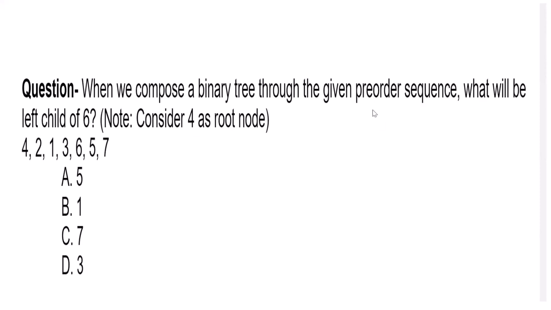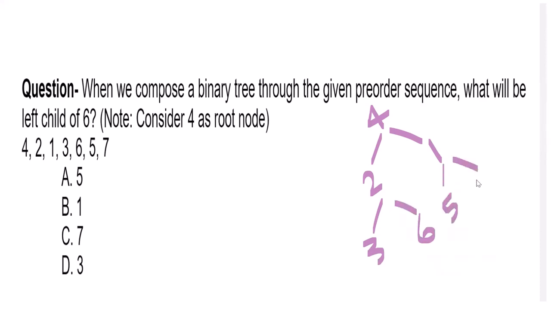Firstly, I will tell you that you will write like this: 4. Then here is a 2. Here is a 1. Then you will do this. Right, this is what you will do in a rush, and then when you see the actual question, what will be the left child of 6, you will find that there is no left child of 6, and you will start thinking the question is not right, and you will randomly select anyone, because you will think since the question is wrong then I will be getting marks.